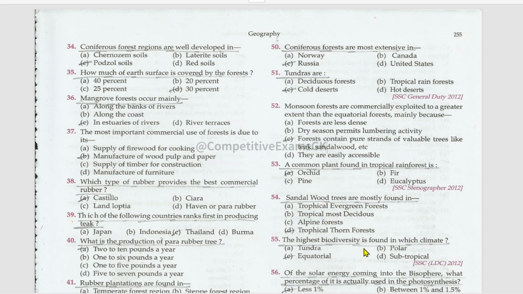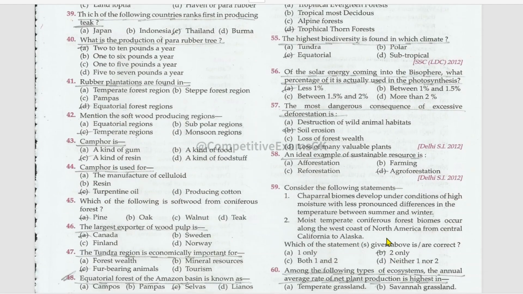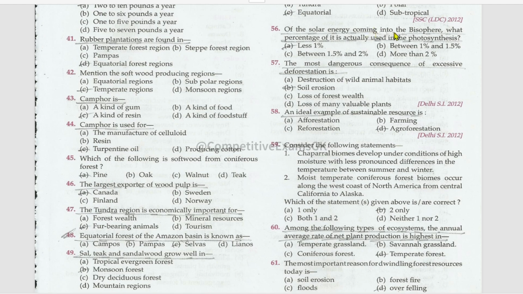The highest biodiversity is found in which climate? Equatorial. Of the solar energy coming into the biosphere, what percent of it is actually used in photosynthesis? It is less than 1%. The most dangerous consequence of excessive deforestation is soil erosion. An ideal example of sustainable resource is